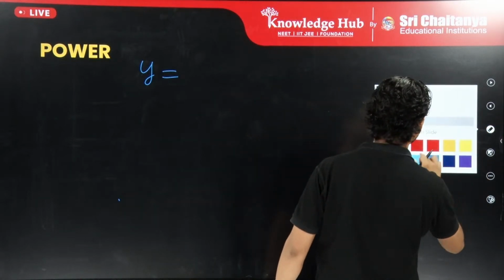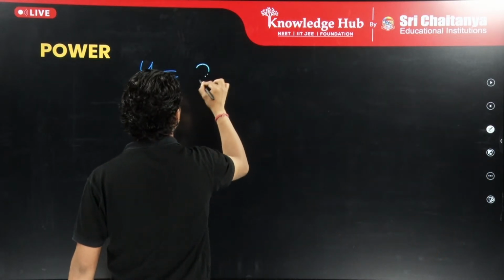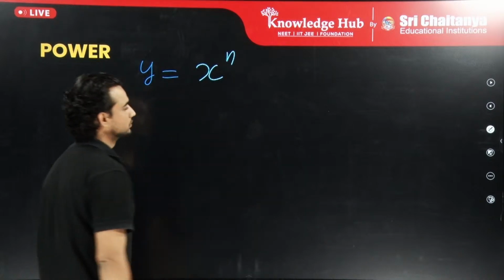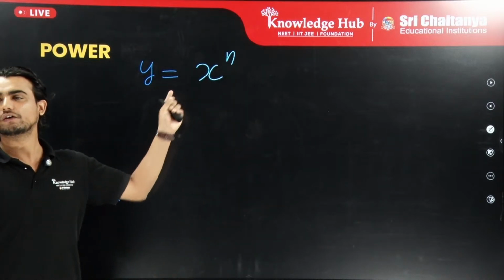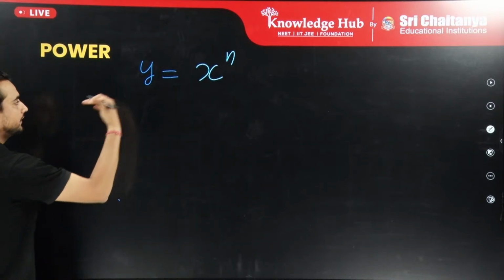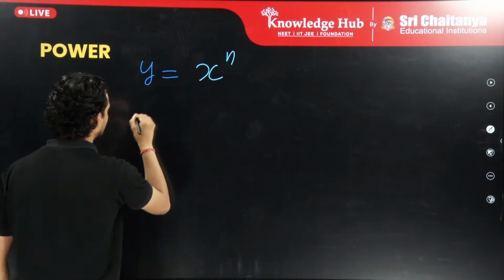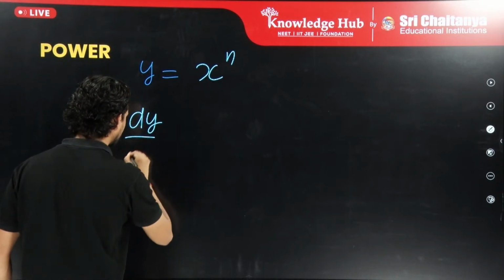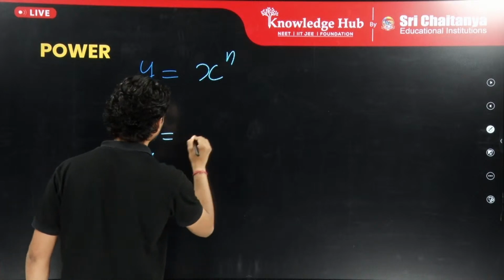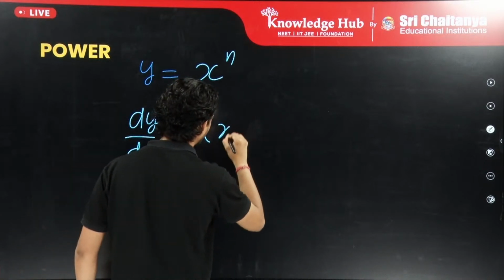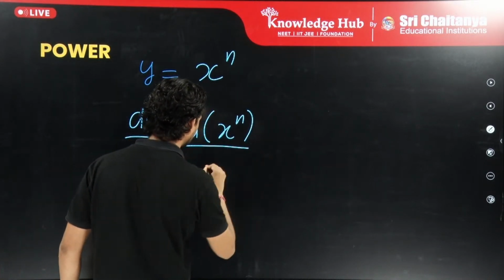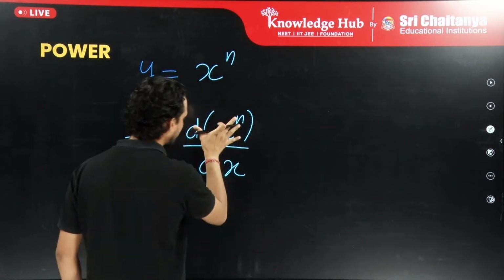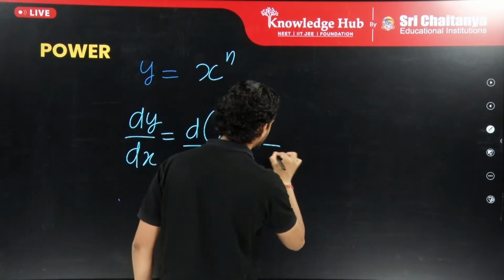Let's just write x raised to n. So if I want to find the derivative of this function, dy by dx, differentiation of y with respect to x. What is y? x raised to n with respect to x. Change in y with respect to x will be equal to